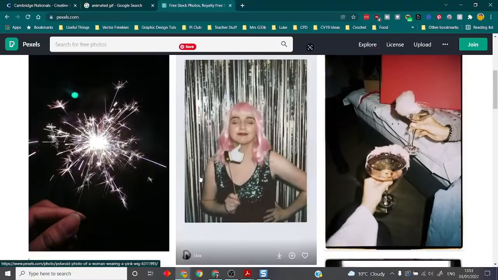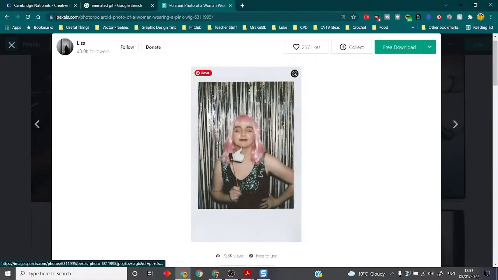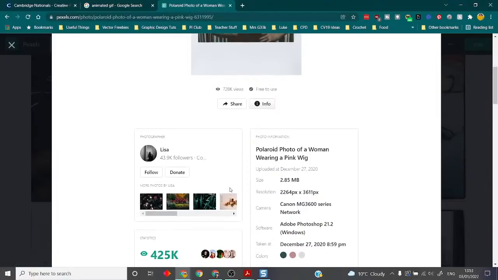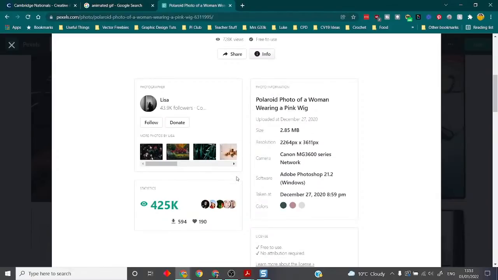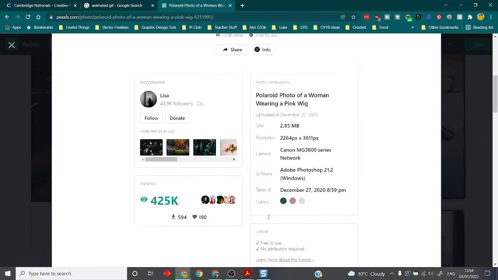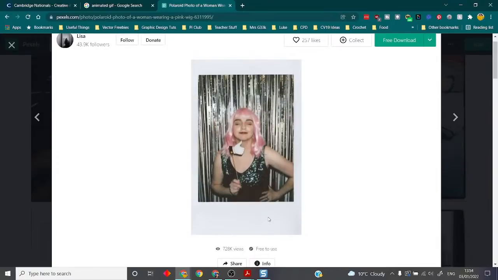So the people who took the photos, and you'll see if you go into one of these, it'll tell you who the author is. So we know that this belongs to Lisa. If we use this, we don't actually have to give any attribution to her. So we don't have to say it's Lisa's, but it still belongs to Lisa. But we can use it for free.